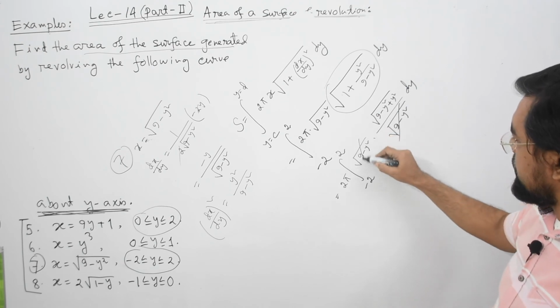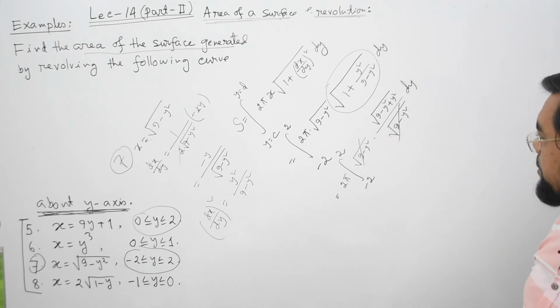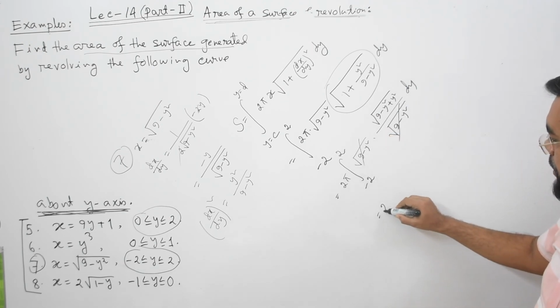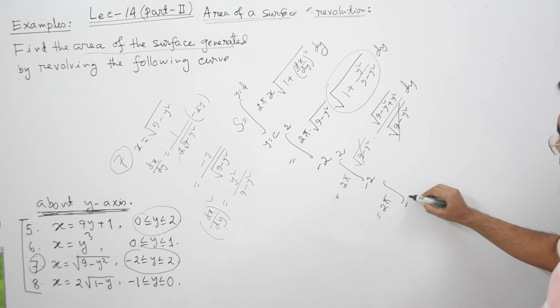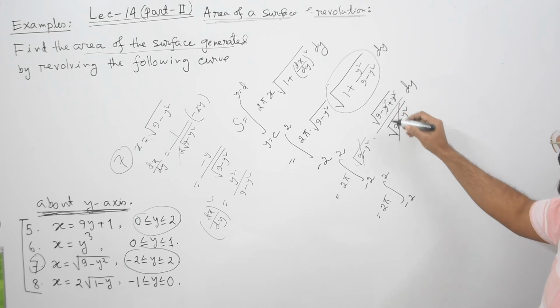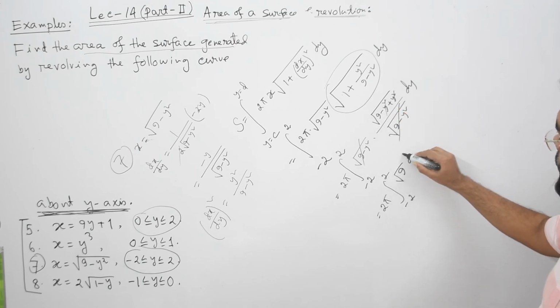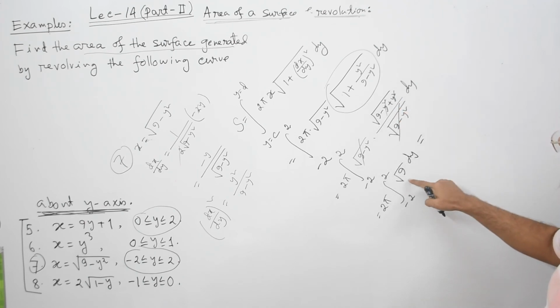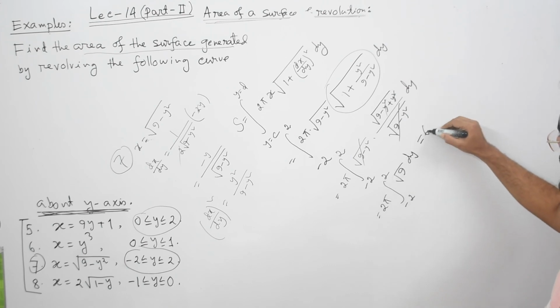So we can cancel this term and this term, and we only have root 9 left. The integral from minus 2 to 2, we can also cancel this one. So root 9 dy, and root 9 equals 3, so it will be 6π